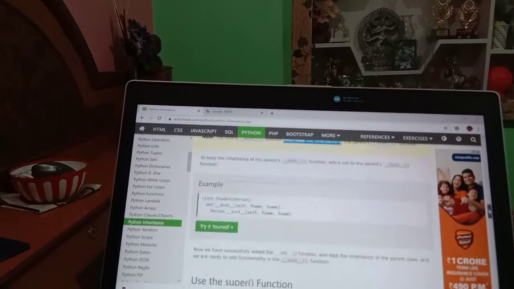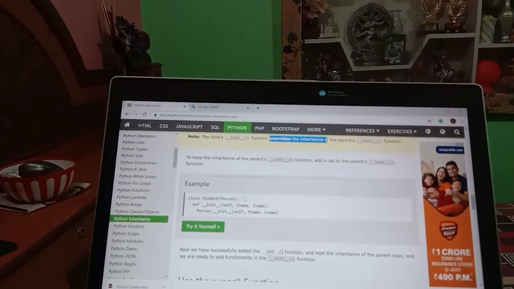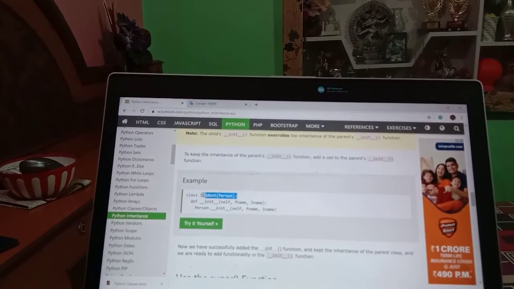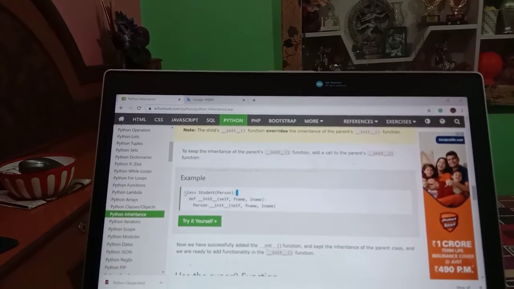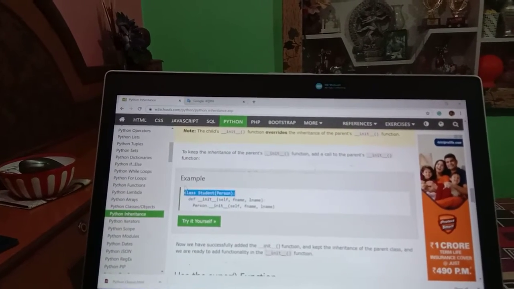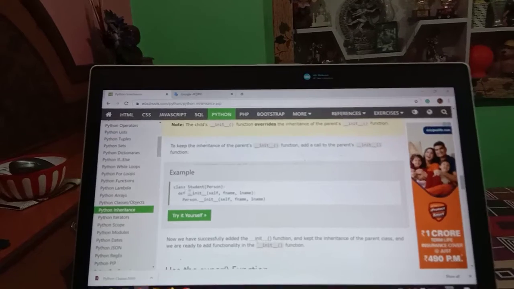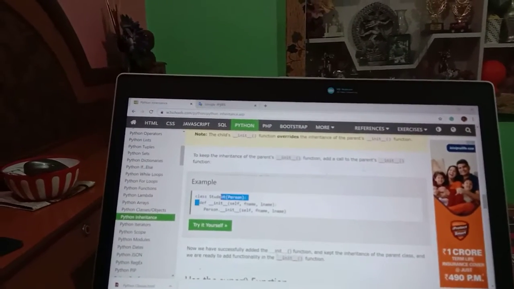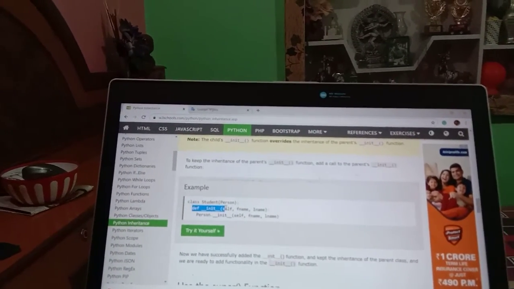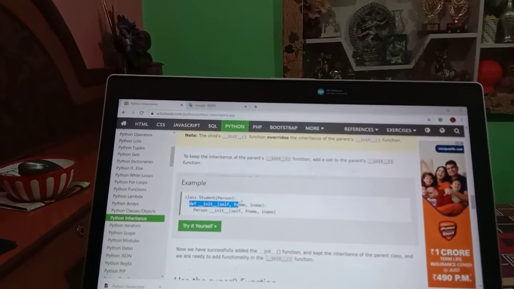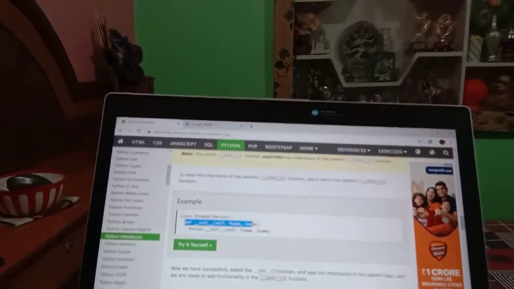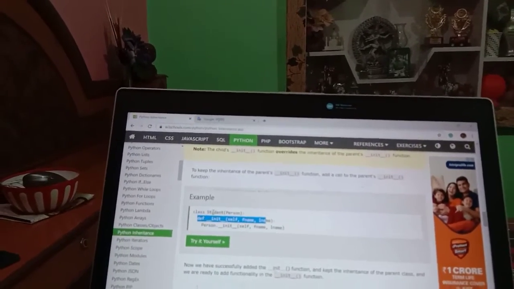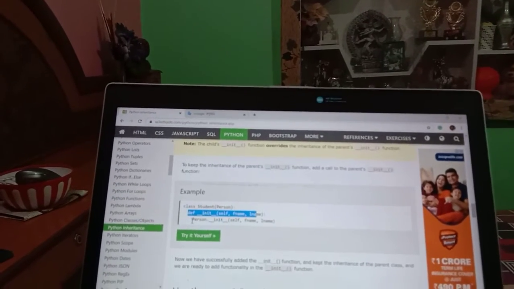Okay, init function. So here we can see we have created a class Student, a child class, with the name Student, taking the properties of the parent class Person, and for this child class we define the init function having the properties self, first name and last name. We want this child class to also have its parent's properties.